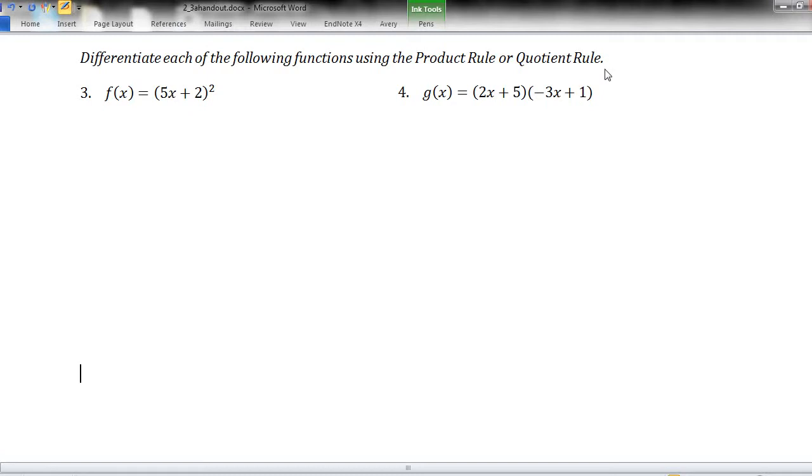All right, let's practice using the product rule and quotient rule to calculate some derivatives. Start here with number 3. To use the product rule, we want to view this function as a product of two functions. So I'm going to rewrite it as f of x equals (5x plus 2) times (5x plus 2). And so then if I want to take the derivative, f prime of x, that's going to be